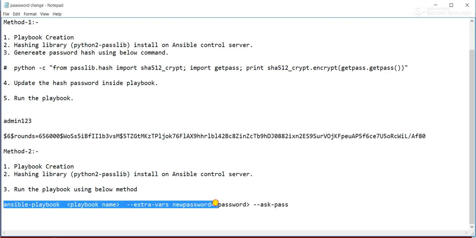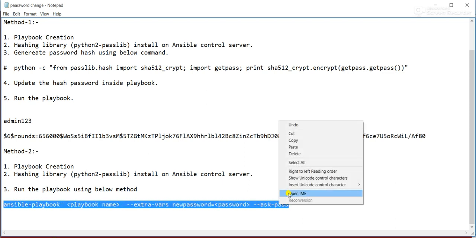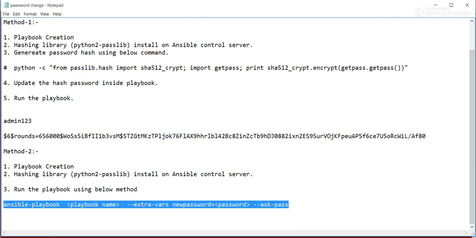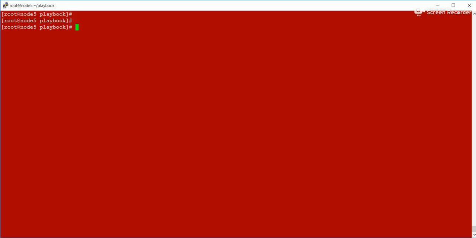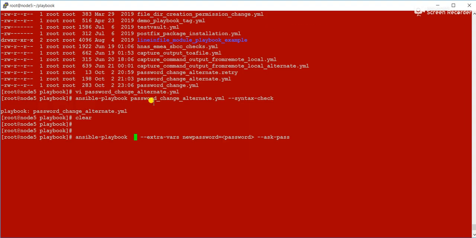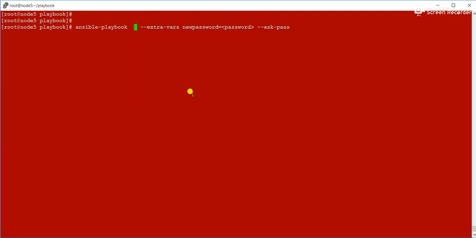This is the step, and in this way we need to execute. Here we need to give ansible-playbook, then the playbook name. What is our playbook name? This is our playbook name.